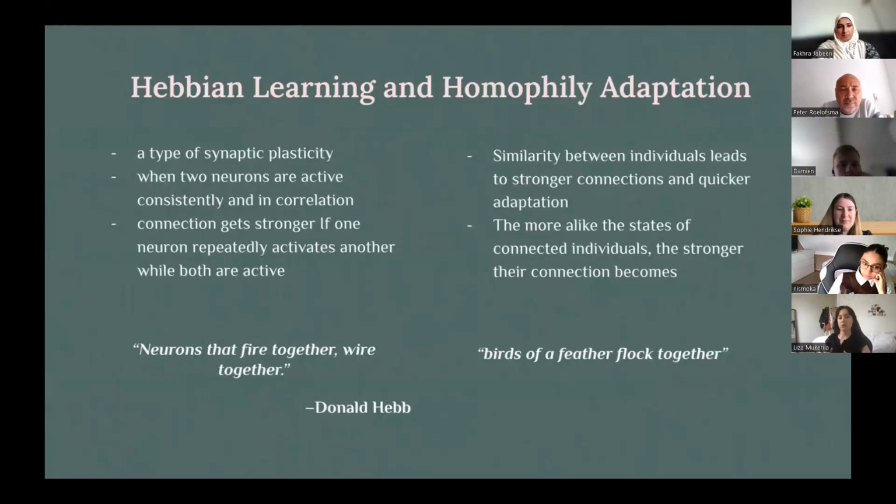Before I can go into the models, I have to explain what Hebbian learning and homophily adaptation are. So Hebbian learning is a type of synaptic plasticity when two neurons are active consistently and in correlation. The connection gets stronger if one neuron repeatedly activates another while both are active. And there's a quote by the person who invented Hebbian learning, Donald Hebb, that says neurons that fire together wire